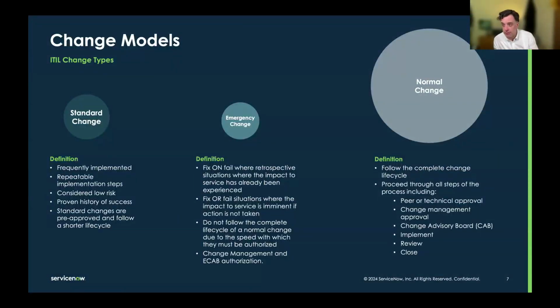And you can see we've got normal change, which is the big planet. These slides are kind of the planet slides, right? I've done them, it looks a lot like planets to me in my head anyhow. Most things are fitting within normal change. And that means we have one big monolithic process, which normally has a workflow that you have to squint and scroll a lot to get through. It becomes maddeningly complex, because within that normal change process you've got if statements, switches, different processes, different tasks that get spawned, different templates that you can use. And there's no real control over, for instance, what templates you can apply to a normal change. You can generally apply whatever template you like to a normal change.